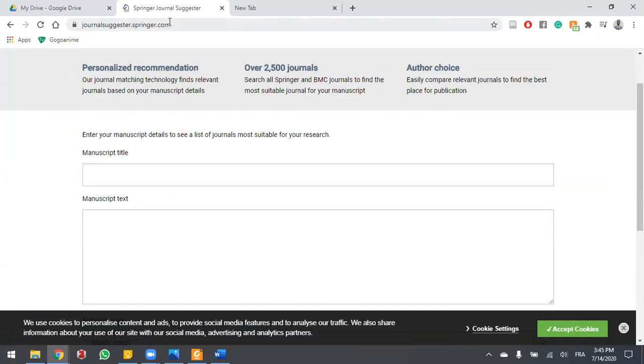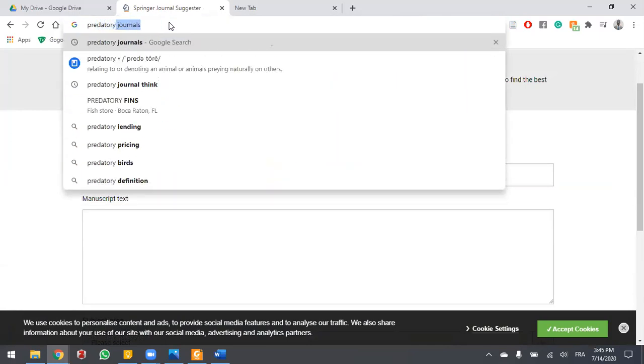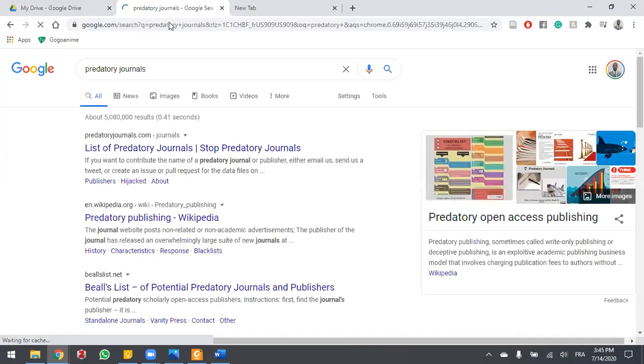And I'll warn you against what we call predatory journals. Predatory journals are journals that will publish anything for money, pretty much. So if you send them some really terrible stuff, so long as you paid, they'll be okay publishing it. So you want to avoid them.